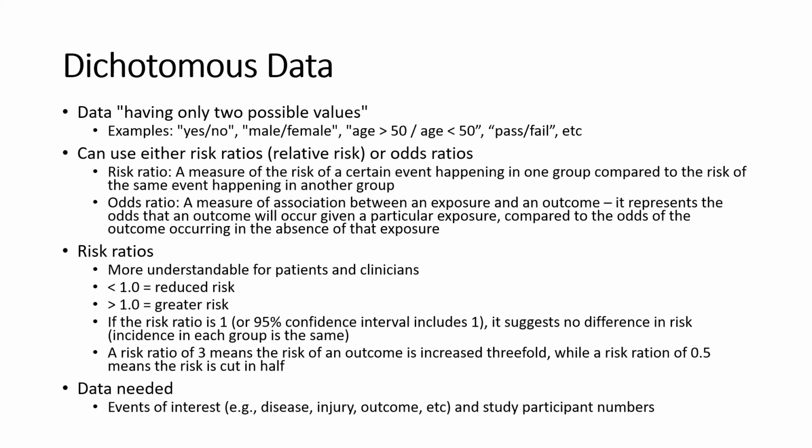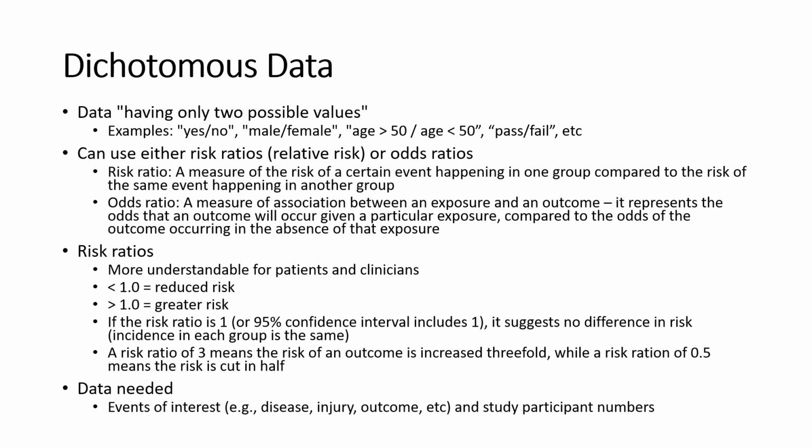But I'm going to tell you that in the meta-analysis literature, you'll see risk ratios probably used more. And there's probably some good reasons for that. First of all, it's probably more understandable for patients and clinicians, and it probably has a little bit more clear clinical usefulness, because when we look at risk ratios, if we see risk ratios less than 1, that means that we have a reduced risk for an outcome or that event of interest. If the risk ratio is greater than 1, we now note that there's likely a greater risk of the outcome